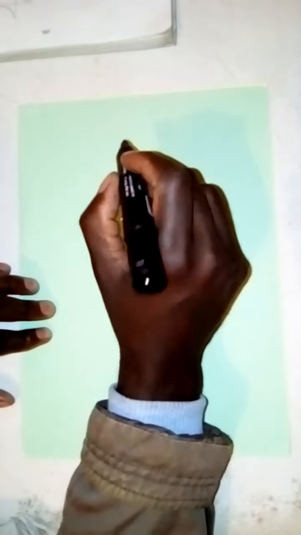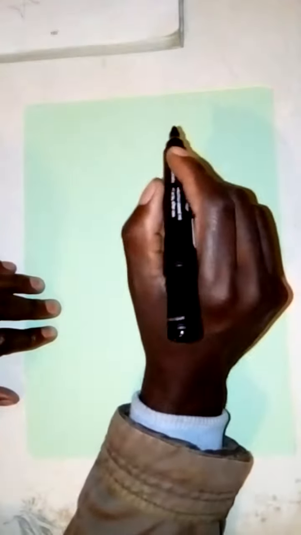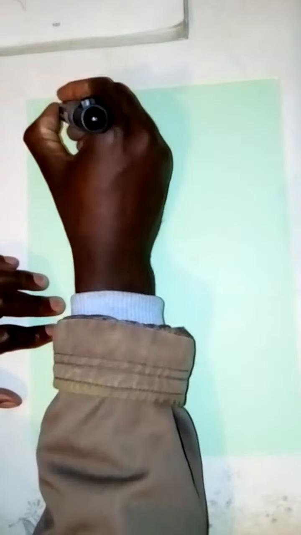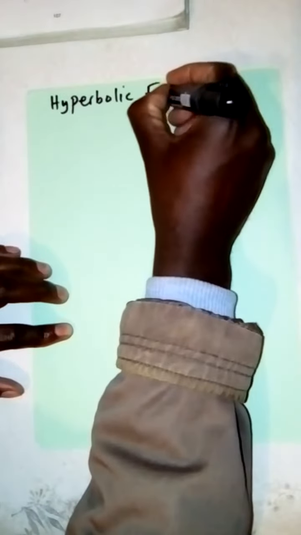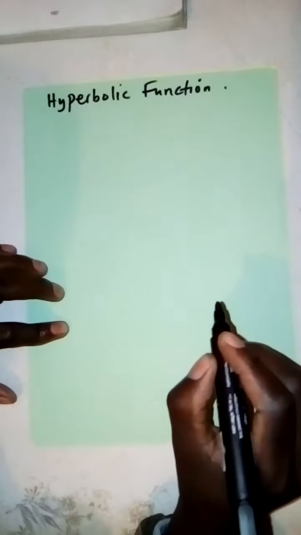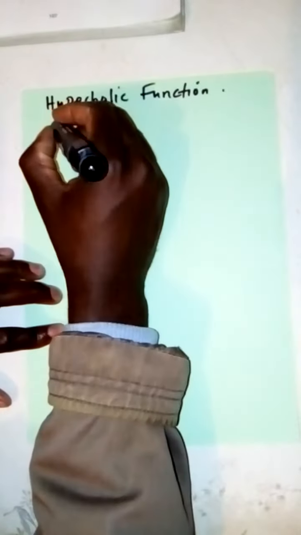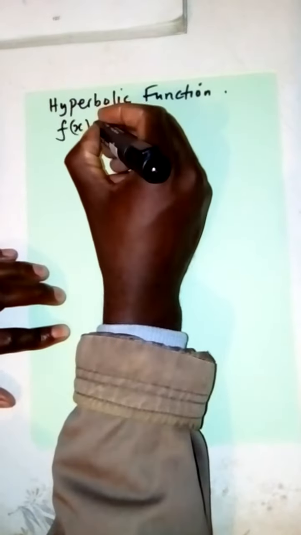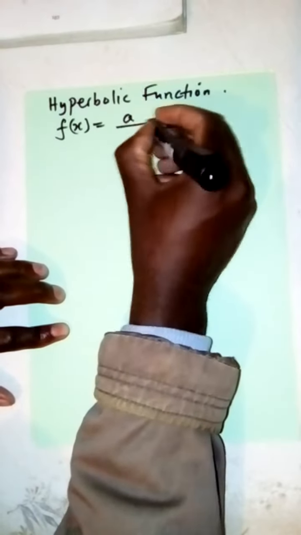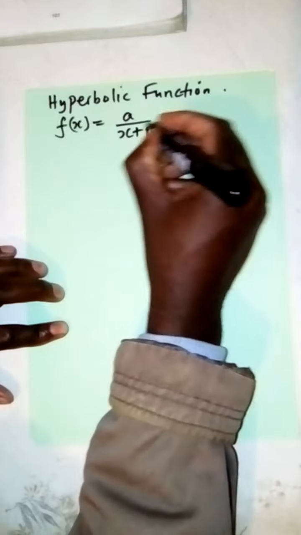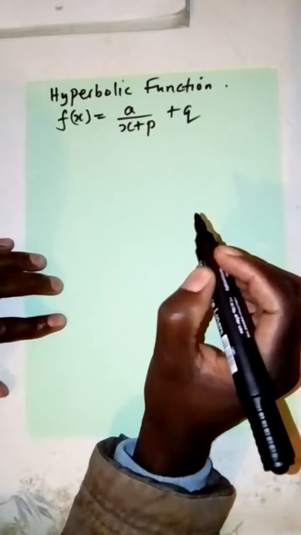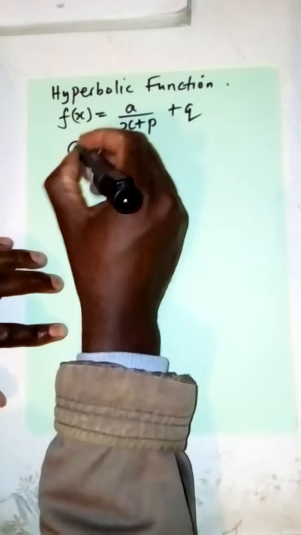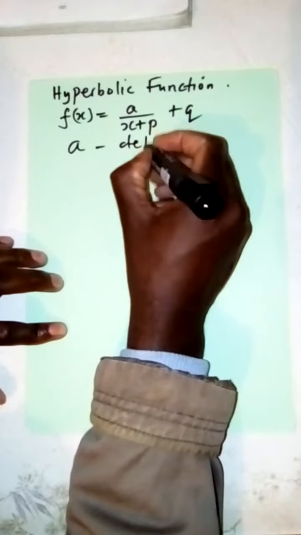We are going to talk about how to sketch the graph of a hyperbolic function. Now the general form of a hyperbolic function is given by f of x equal to a over x plus p, plus q. That's the general form of the hyperbolic function, where a determines